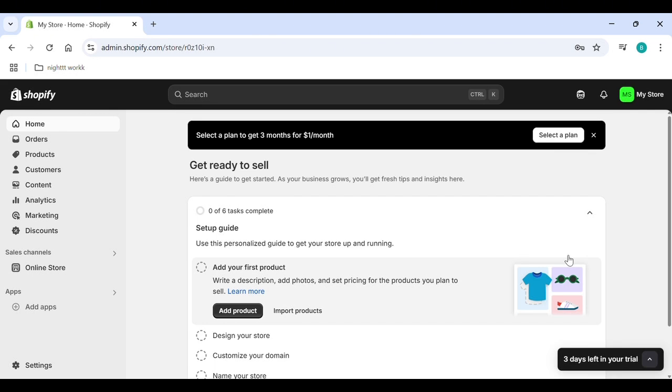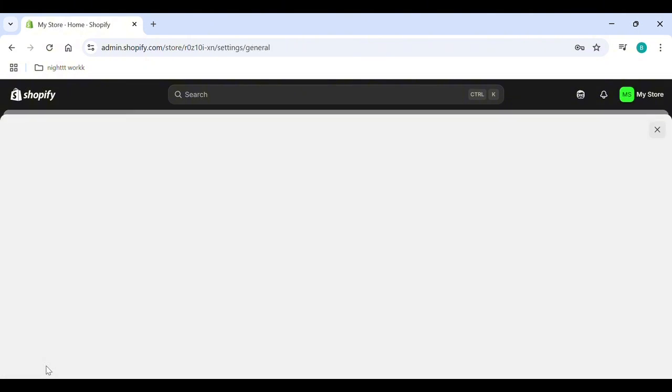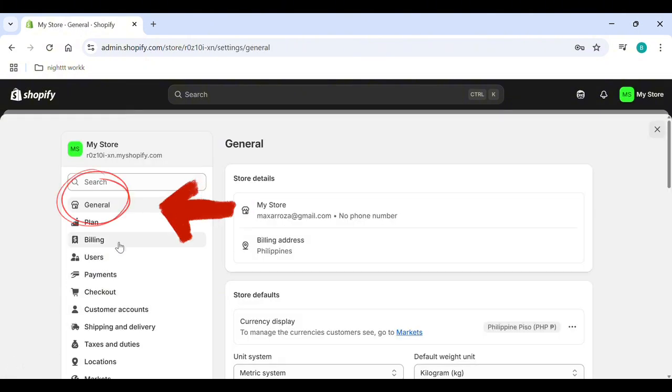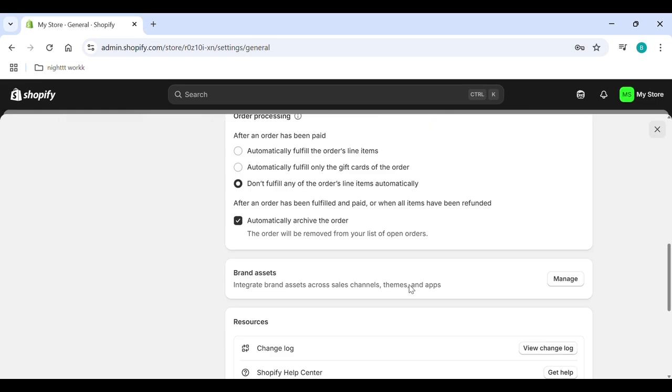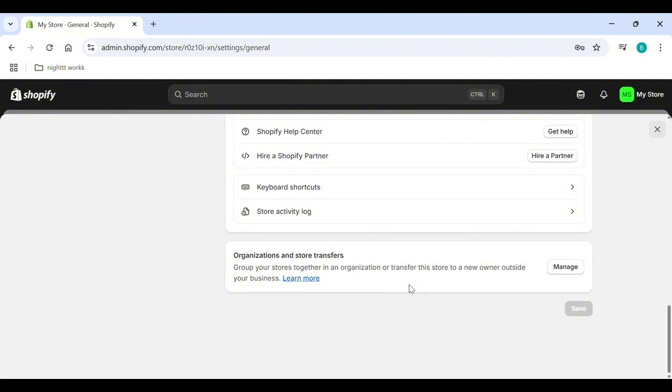You also need to be logged into your Shopify account. Once you're logged in, go to the settings icon at the bottom left corner. Then, click on General, scroll down, and look for organizations and store transfers. Click Manage,